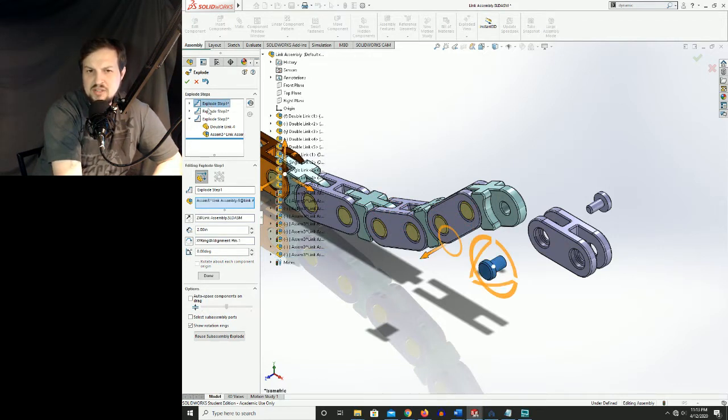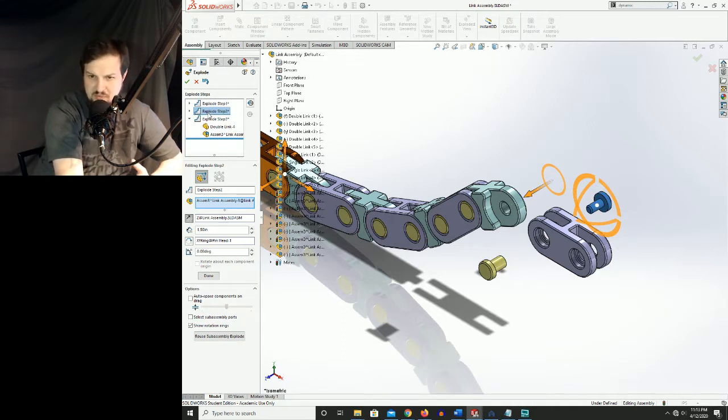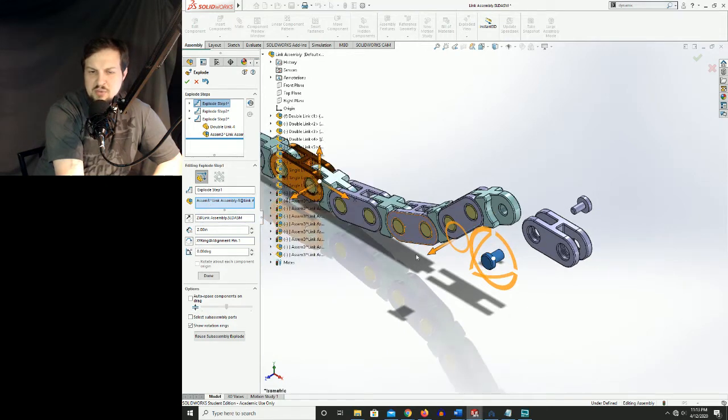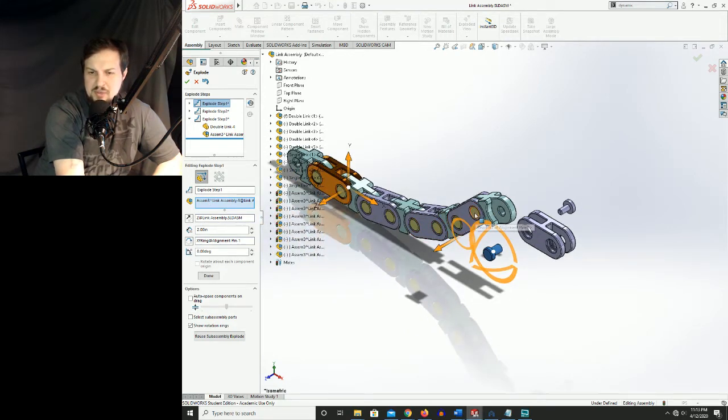So step 1 is that pin, step 2 is this pin. We're going to edit those, and we're actually going to include the pins that are in the previous state, or that we're looking at moving now. So let's go ahead and explode step 1. Let's edit that step. With that step selected, we can see all the information down here that is included within that. So the first thing that we need to do is we need to grab this pin here,